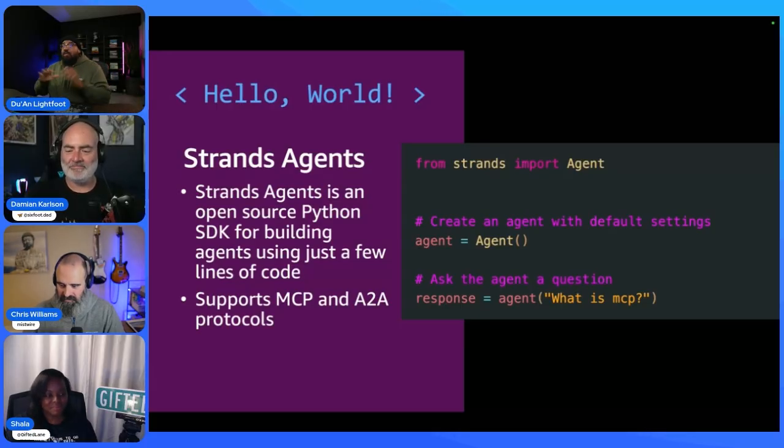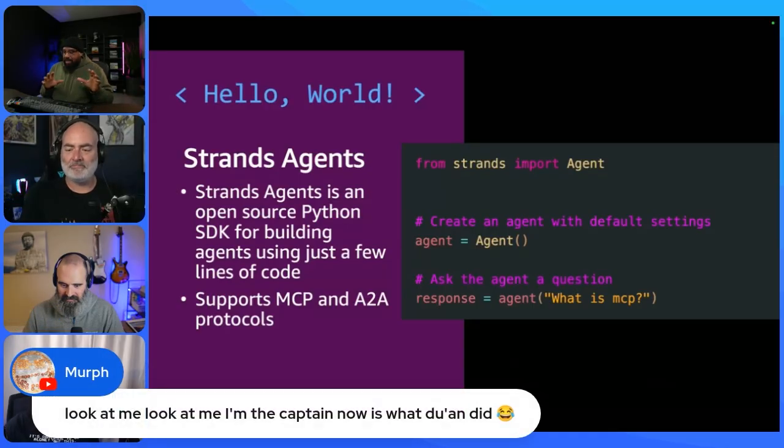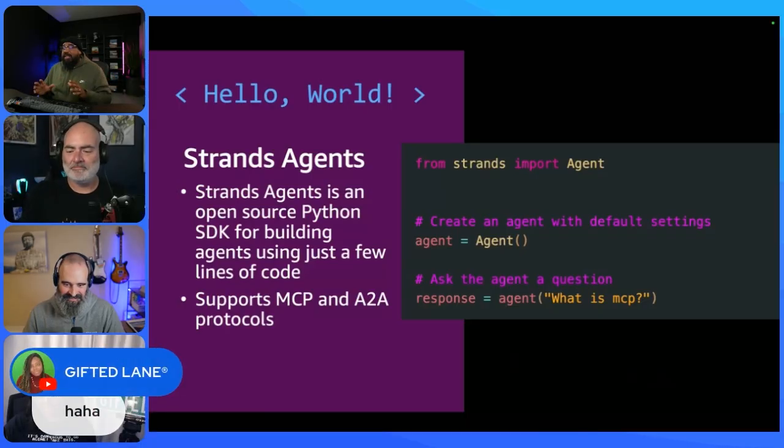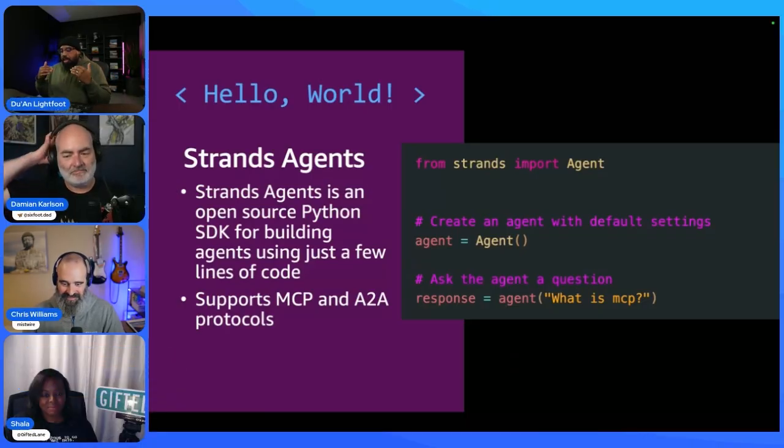When it comes to what we've been discussing, we talked about the overview of agentic systems and agents. Strands agents, I mentioned, allows you to build agents in a few lines of code. It's an open source Python SDK that anyone can get started with now. It supports MCP and A2A. I have 3 lines of code and I have an agent. From strands, import Agent, that's the agent. We instantiate the agent, and from there, we can pass in a prompt and invoke the agent. In another line of code, I can import community tools. There's a bunch of community tools, and I'll discuss those here.